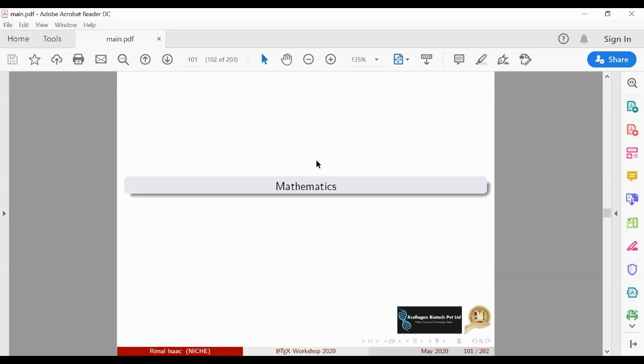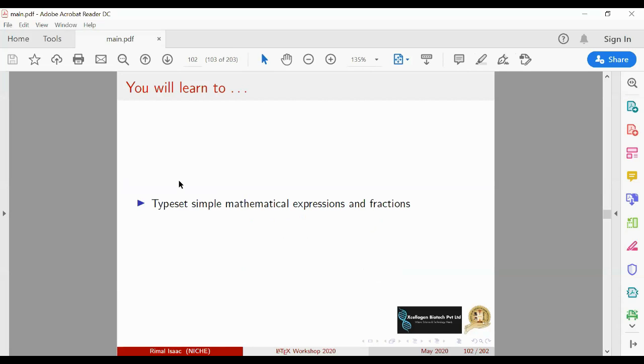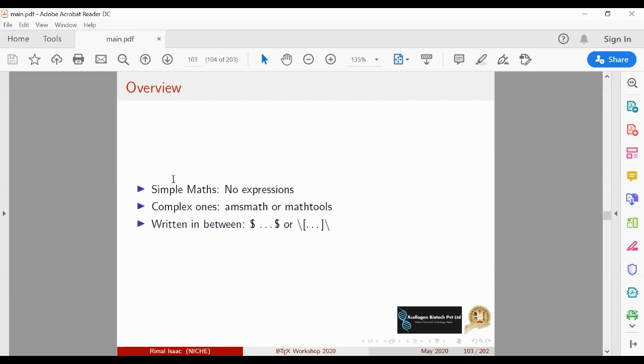Okay. So mathematics, most of the LaTeX documents will have equations. Equations have to be typed using proper syntax. Then only can you put the equations in the correct place in LaTeX. So always you have to type a mathematical expression in between two dollar symbols.